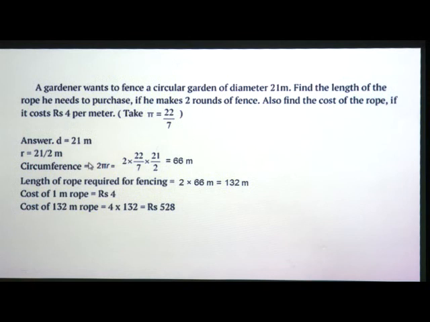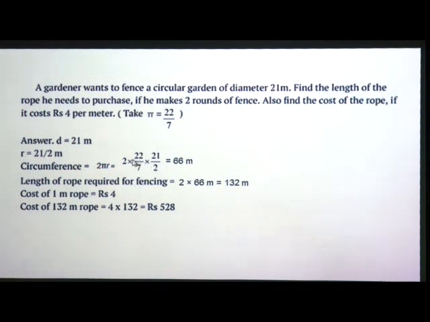Now, we will substitute the values in this formula. You have to learn what the circumference of a circle is, or here we can say the circumference of a circular garden. So, 2 pi r is equal to 2 multiplied by the value of pi, which is already given in the question, that is 22 by 7, multiplied by r. Already we had done here, r is equal to half of the diameter. The diameter is given to us as 21 meter, half means we have to divide it by 2.